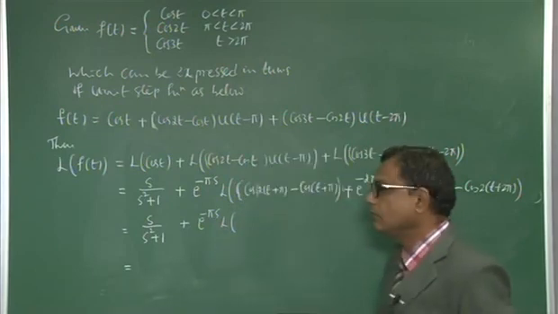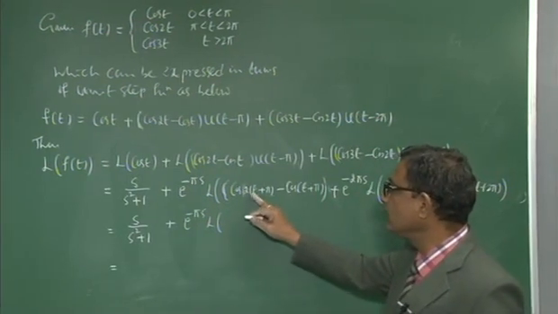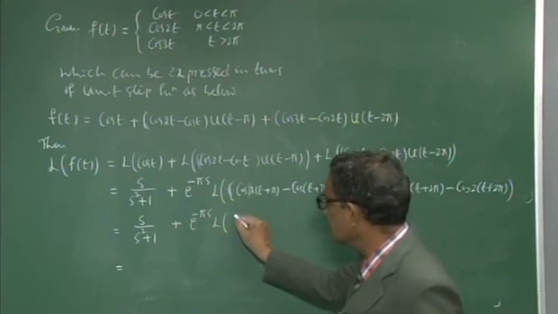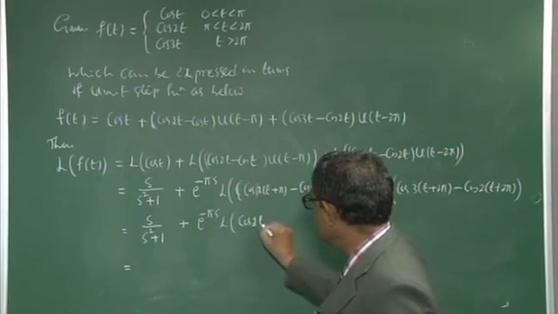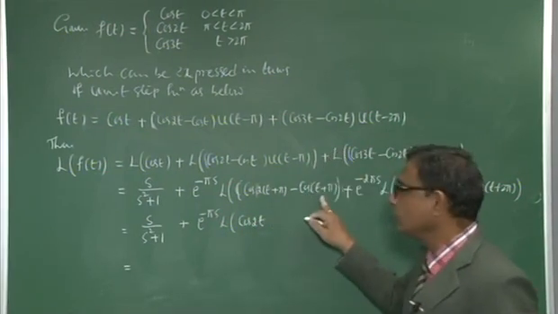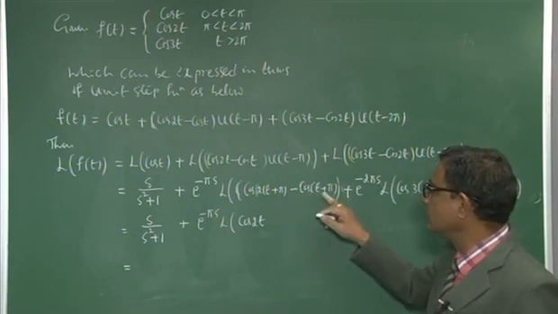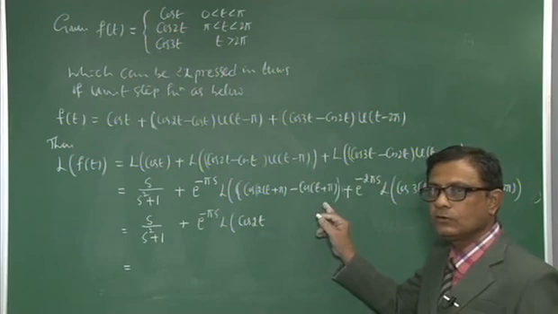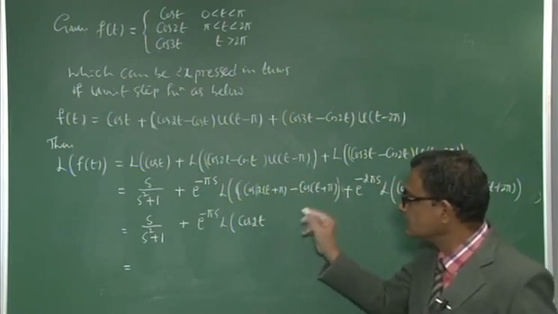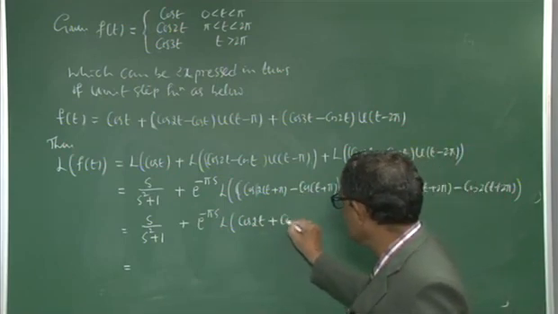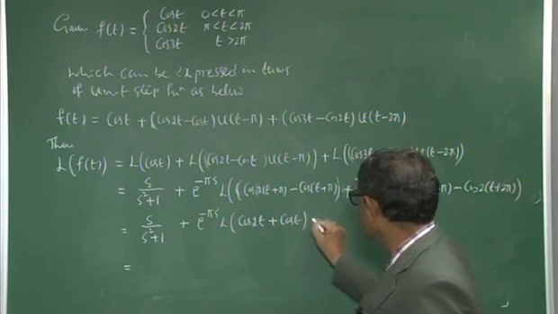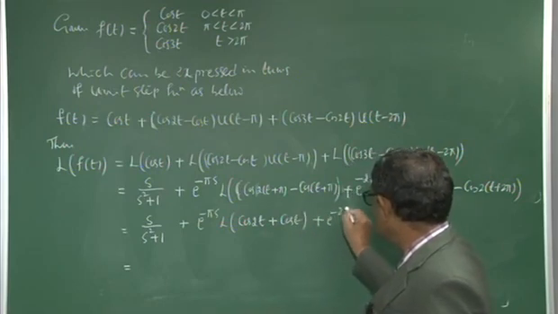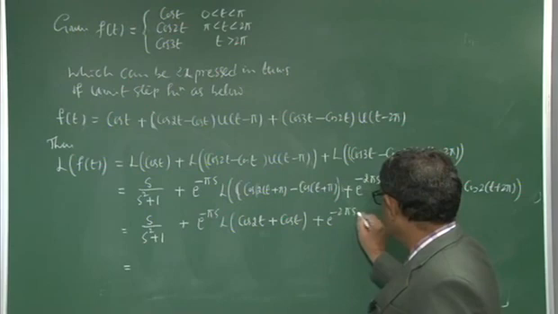Now, simplify cos (2t plus 2 pi), it is nothing but cos 2t only. What about this one? Cos of (t plus pi), cos of 180 plus theta, it is in the third quadrant, so it is negative. Minus into minus gives plus cos t, then plus e raised to minus 2 pi s, L of